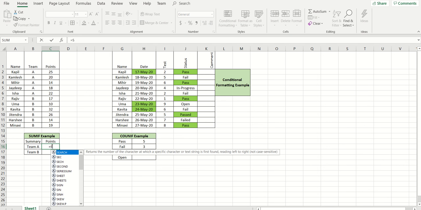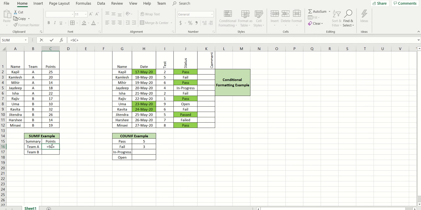So I will just type sumif. Then it will ask for the range. I will give this range where I have different categories or different teams available. For that category range I need to select a criteria. I want to go for category A or team A, so I will just type A in that. Then I give the range for which I want to get a sum, so it is called the sum range. Then I put a close bracket.